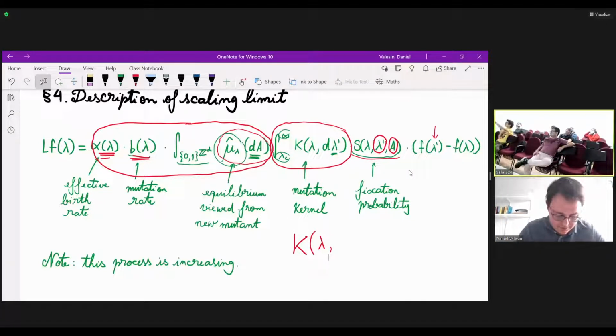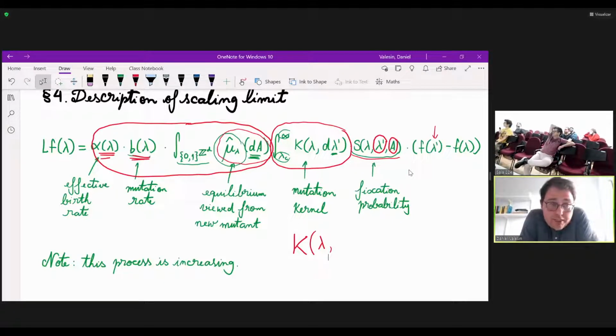What I'm saying is, I'm just taking your result as a given and saying, okay, if this is not true, then the process is not increasing. No, it is true in our process. I see the confusion. The point is that I put the integral here, so the integral is supported so that I don't integrate below lambda.